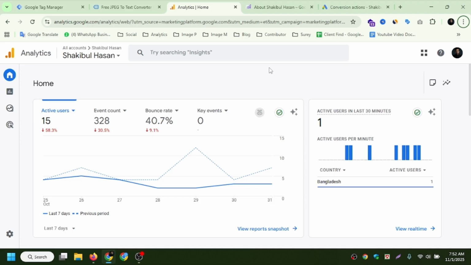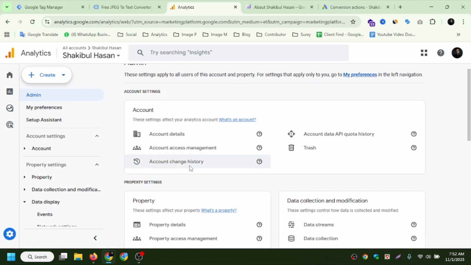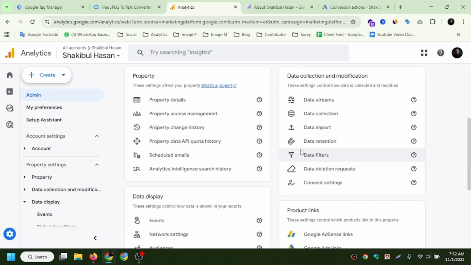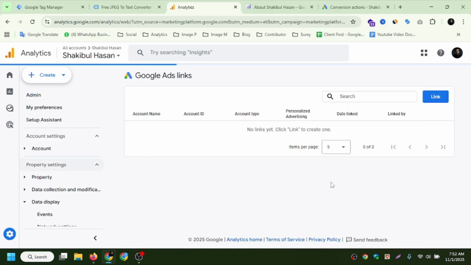We will see how to connect Google Tag Manager, Google GA4 and Google Ads account through Connects. So first of all, visit this Google Analytics website and go to this settings admin icon and click this product link. Find this product links. Where is this product links? And just click this Google Ads link and click this link